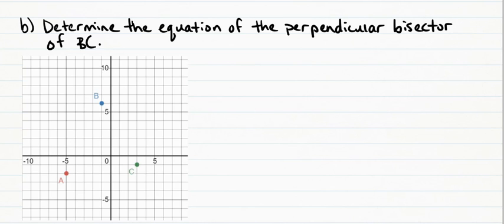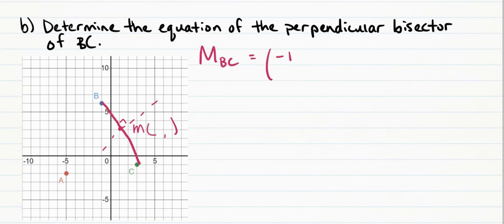Okay, let's do another one of these. Here we've got the same triangle ABC with the same coordinates. Here we're going to determine the equation of the perpendicular bisector of line segment BC. So in this case, if we're finding the perpendicular bisector of BC, then vertex A is not needed in this question. We just need to focus on line segment BC. So again, we know the perpendicular bisector will go through the midpoint at a 90-degree angle. So let's start by finding the midpoint. So the midpoint of BC,